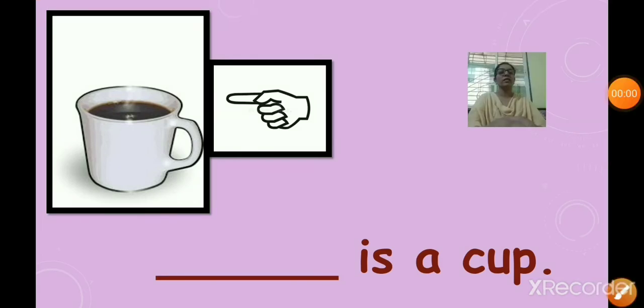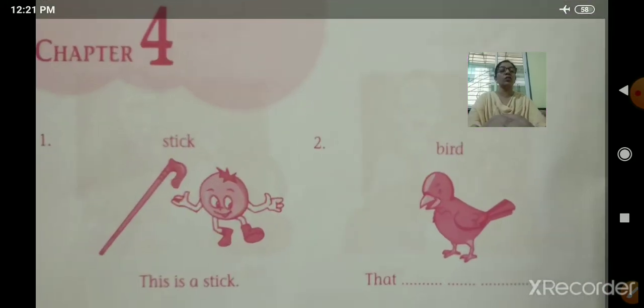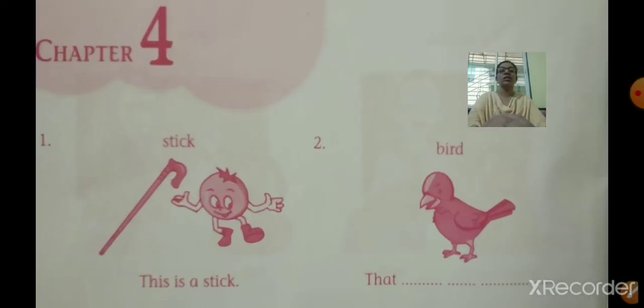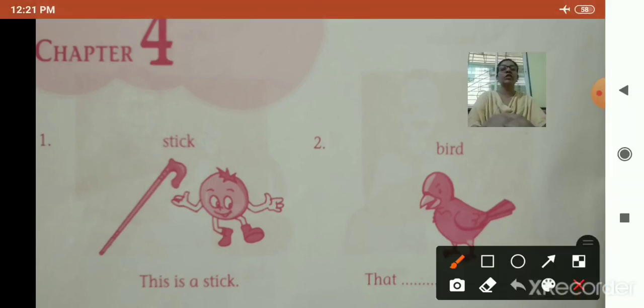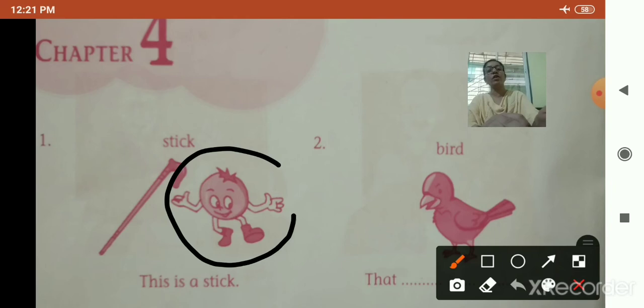Okay. Now we'll start with the Active English workbook activity. Children, if you have the Active English workbook, you will take it, and if you don't have, then you will write in your home notebook. Okay? So now let us start with the Active English workbook activity. So see chapter 4, take out chapter 4, write today's date at the top. Okay? Now here see the first question. There are two questions here, first and second. Now here in this, you have to observe this tomato. Everywhere you have to observe this tomato.